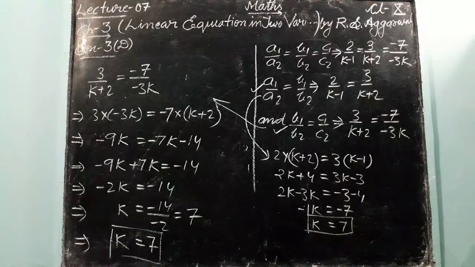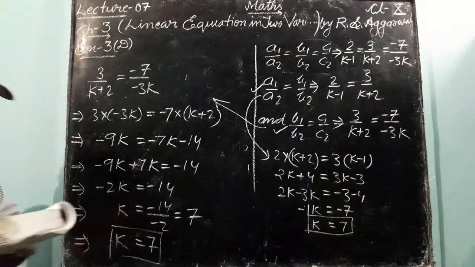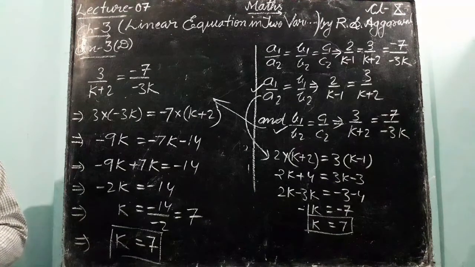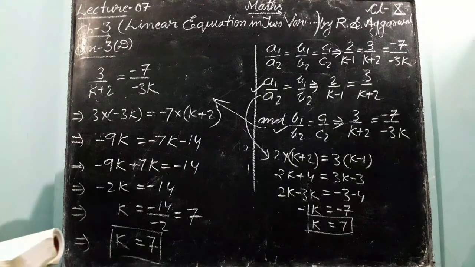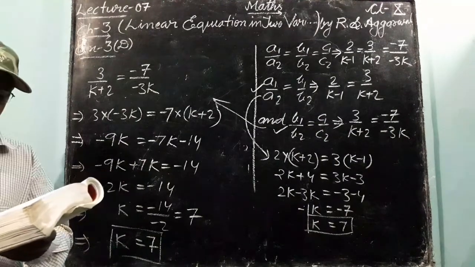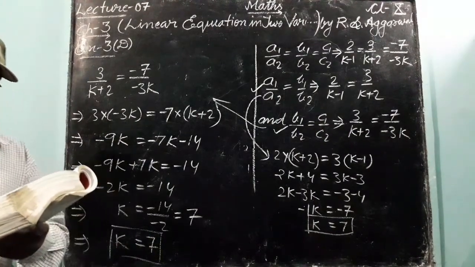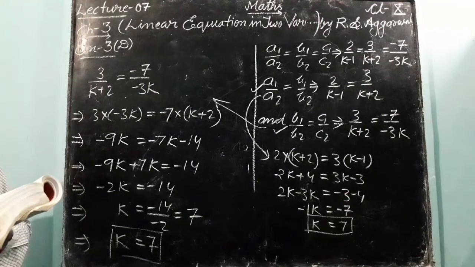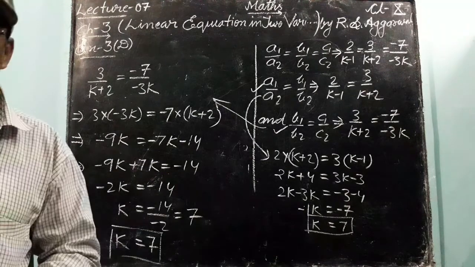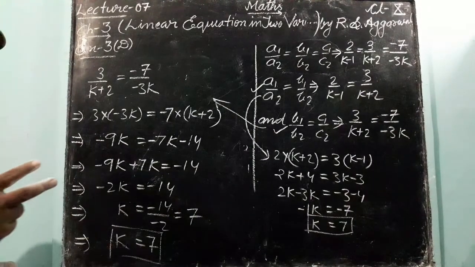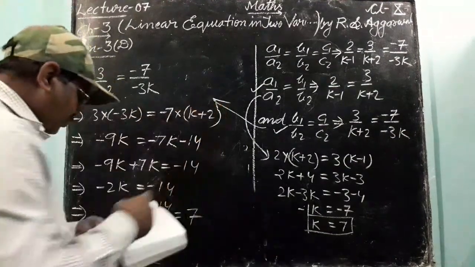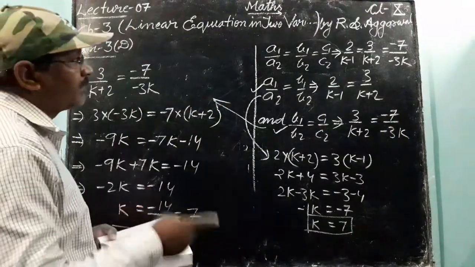Now the next question. In this way you can do question number 16, 17, 18, 19, 20. These are all you can do. Now question number 21 is different. Find the value of a and b for which each of the following system of linear equations has an infinite number of solutions. Here you have to find two values, a and b, whereas in question number 15 to 20 you will find the value of k.